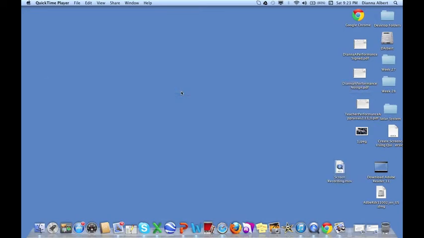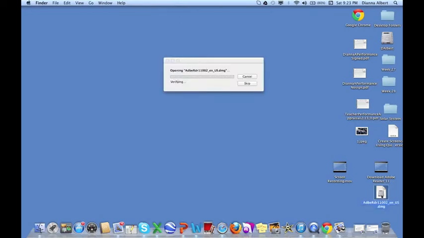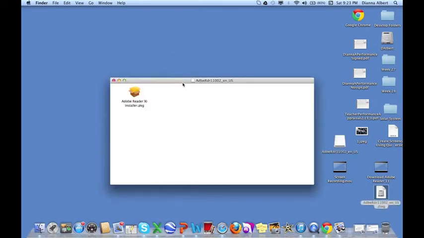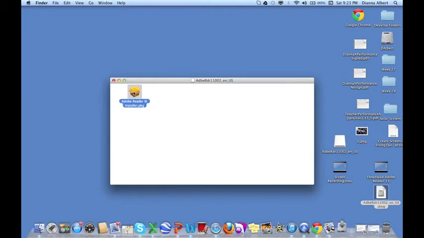Hello, this is a screencast on how to install Adobe Reader 11.0.02 once you've downloaded it from the internet. You should have downloaded it from the internet and saved it to your desktop, and this is what it'll look like once it's done downloading. So we're going to double click on that, and this box will open up and will show us that it's downloaded. And we're going to double click on Installer,